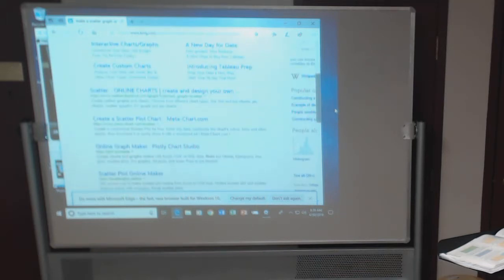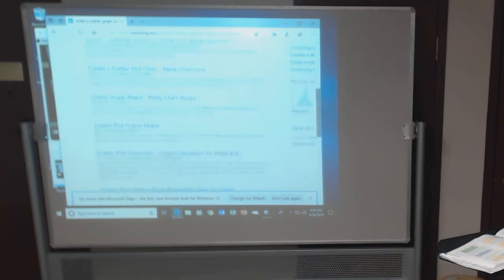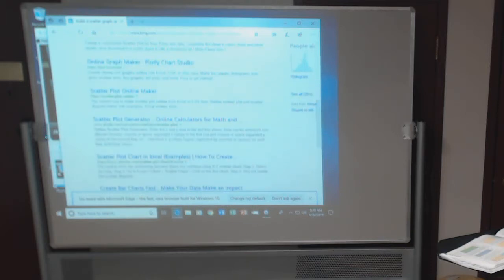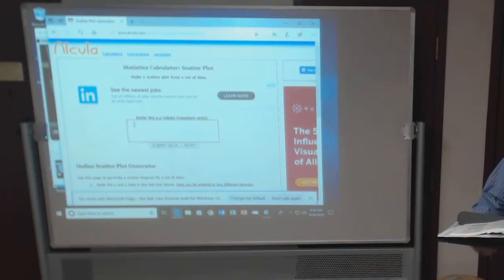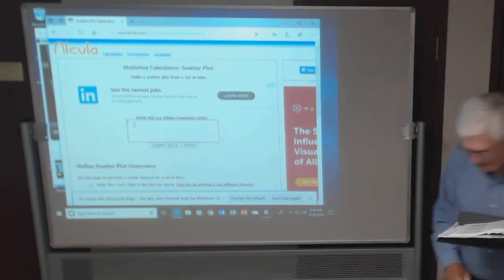Well, the one I'm going to use is down here, because I've done some research before I came to class, and I'm going to use the one by Alcula, Scatter Plot Generator. Online calculators. So you might want to write that down. Scatter Plot Generator at www.alcula. Watch what it says to do. Enter the X and Y values. So for problem number 23, X and Y,